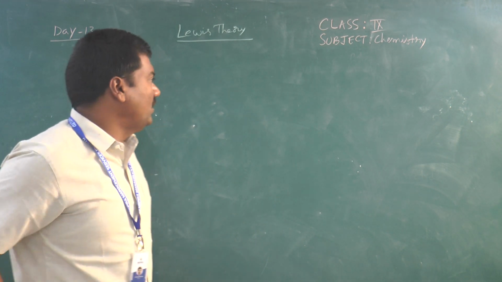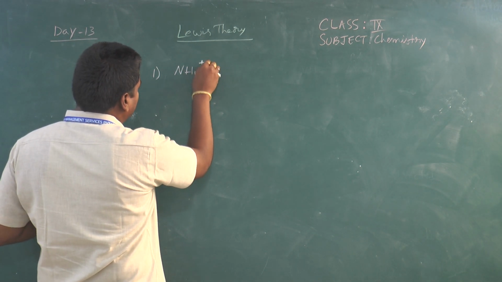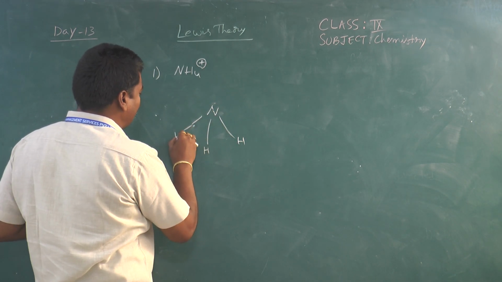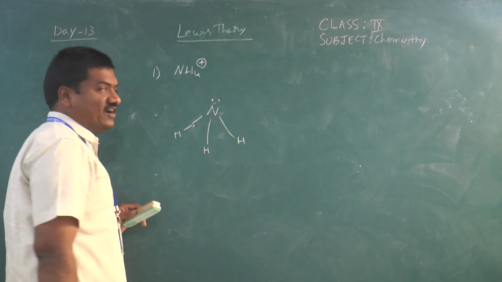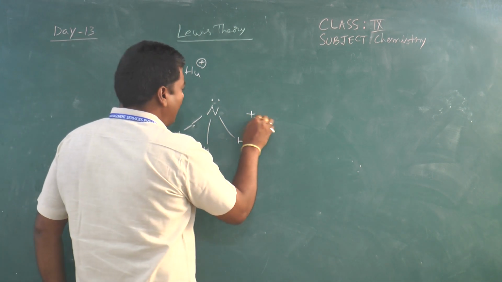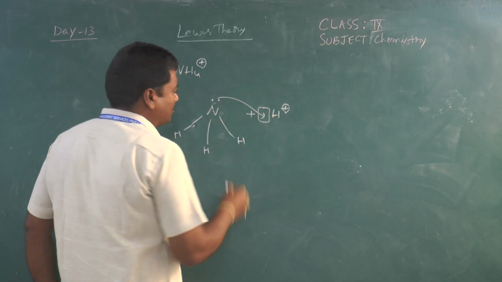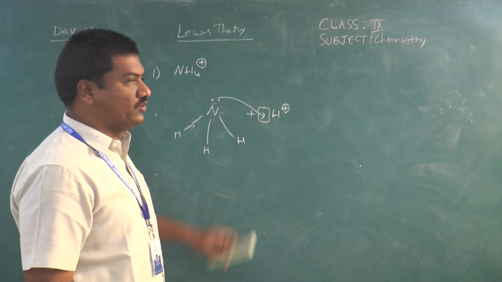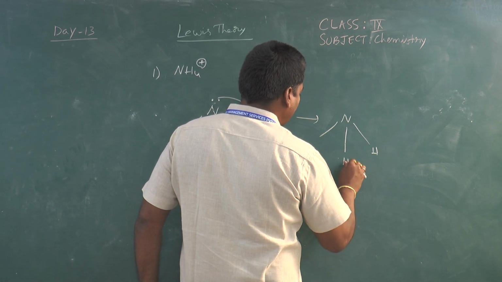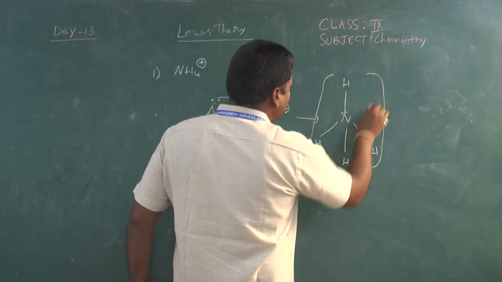Now, for example, the formation of the ammonium ion, NH4+. Ammonia is NH3, with a pyramidal shape, and nitrogen has a lone pair of electrons, giving the nitrogen atom octet stability. If you add a proton to this, the proton is not stable; it requires two electrons for bond formation. Then one pair of electrons is given to the H+ ion, and it is converted to NH4+. Then this NH4+ ion is stable.